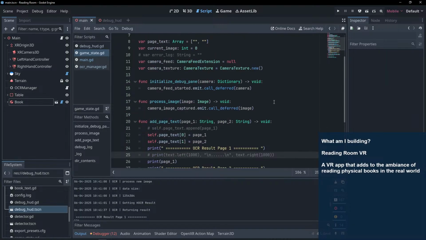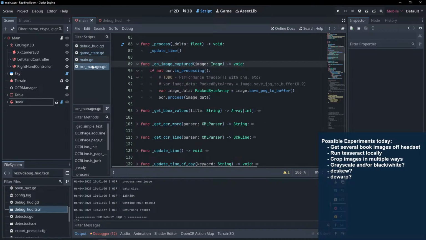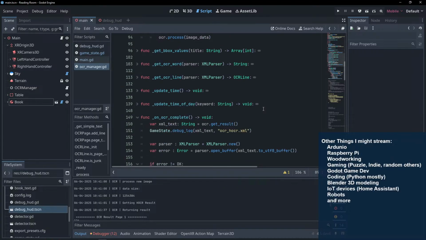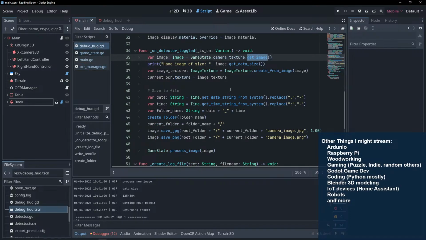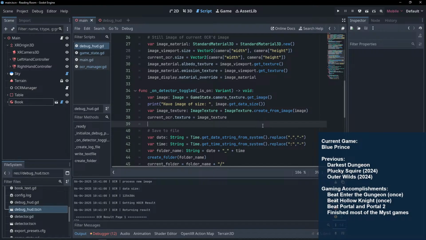Debug logger. Process image, right? This is a facilitator script. So is it OCR manager? Well, let's start with this, because this is what I'm doing to trigger things right now. So when we toggle the button, when we hit that button, we get our image. Okay, yeah, maybe I won't code it just yet, but